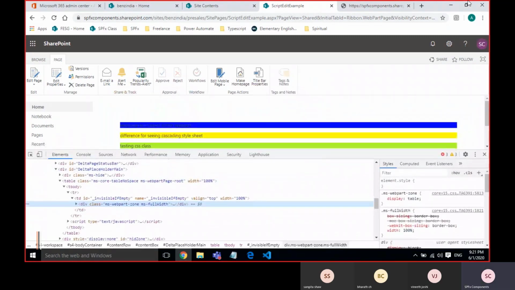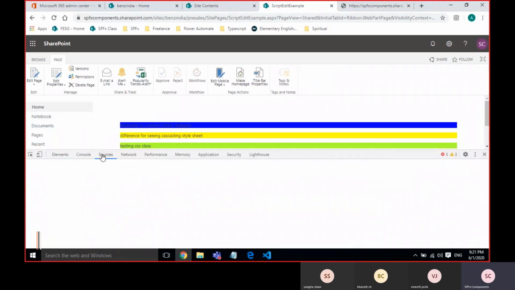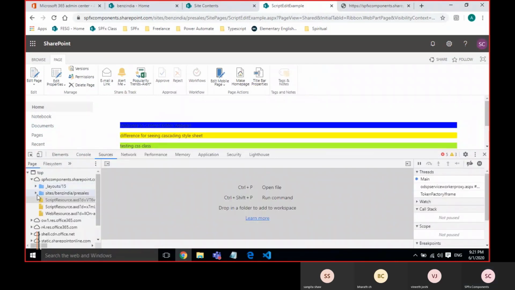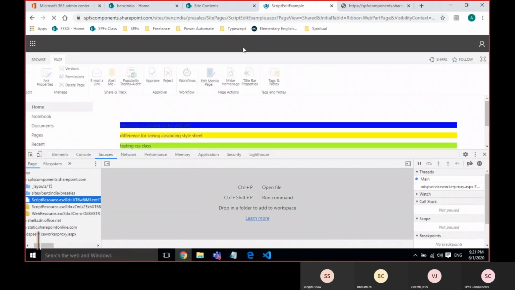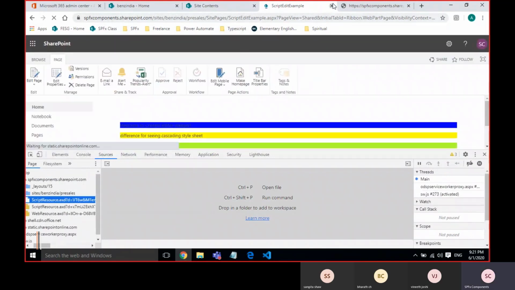How to check whether the CSS is updated in this file? Go to sources, site asset, oh sorry. There is no CSS. Oh, this is the script editor file, sorry.